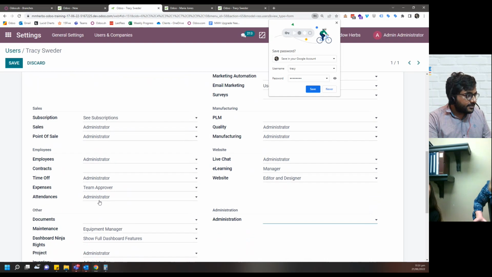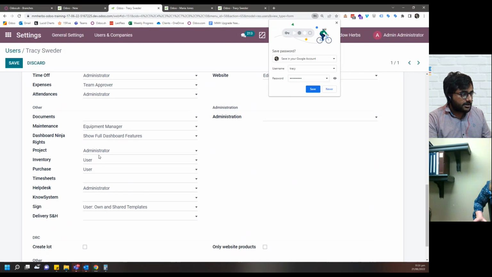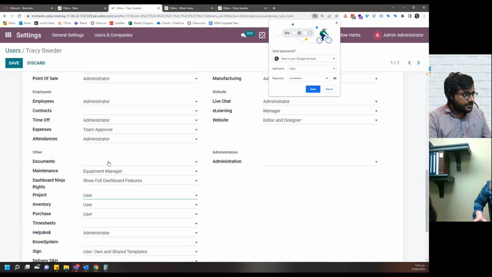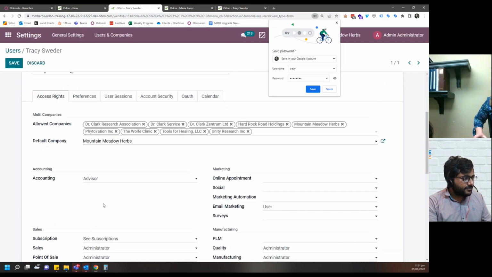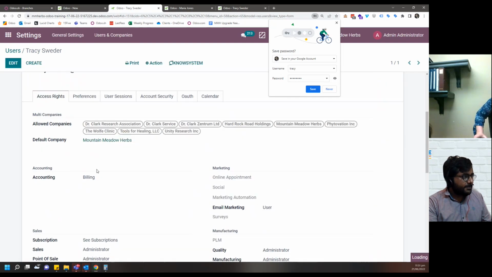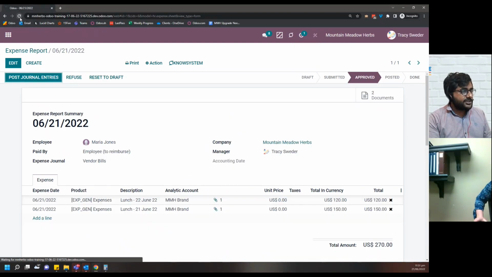Usually the inventory administrator calls for advisor as well. Yep, it's there now. Now, if we go back in and refresh the page here,